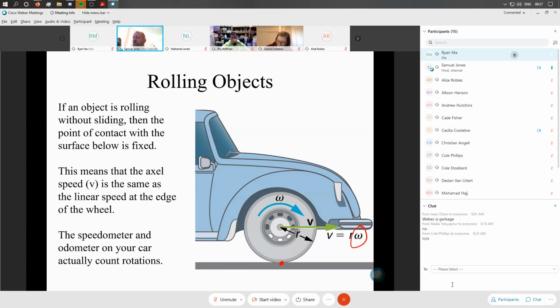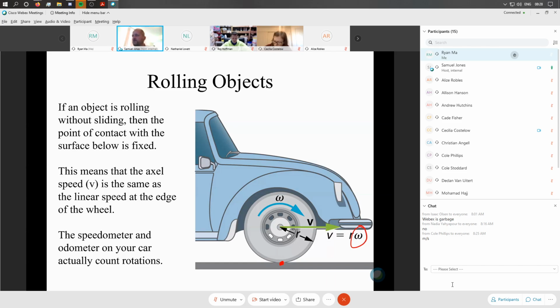And then by using the radius of the tire, it can convert that into a distance or a speed. So, like I said, if you have a GPS-enabled speedometer and it can tell you what direction you're going, then that's not the case. But for most cars, the speedometer is tied to the rotation rate of the wheels, assuming a certain radius of a tire, and that can be converted either into a distance or a speed